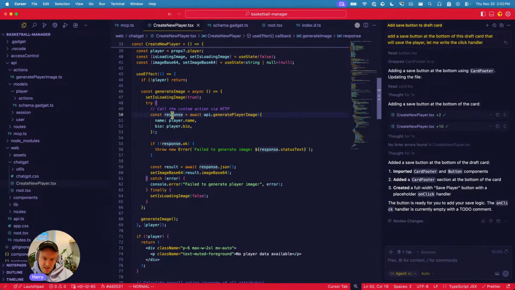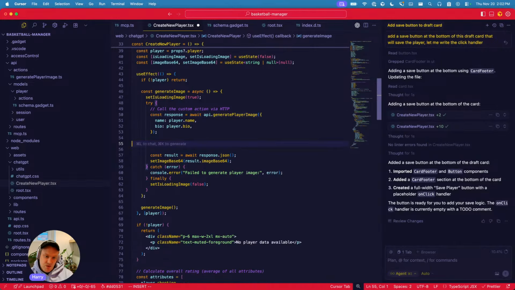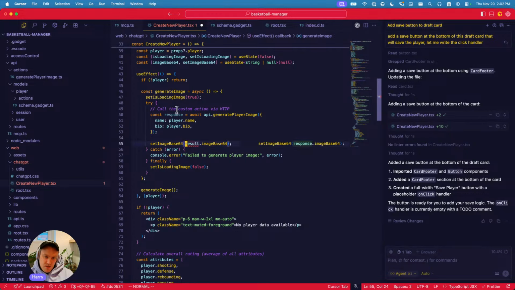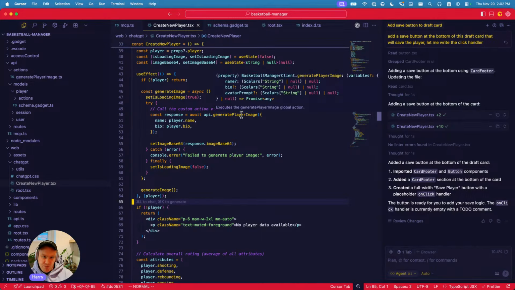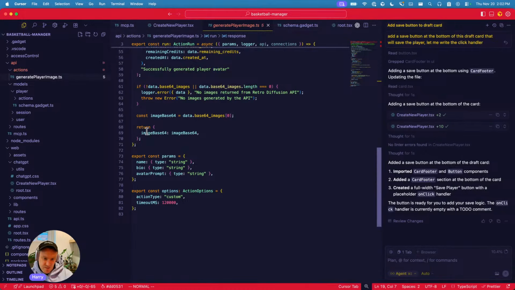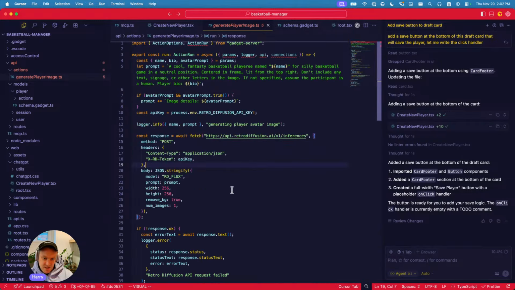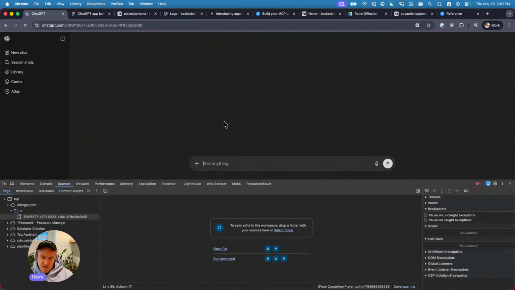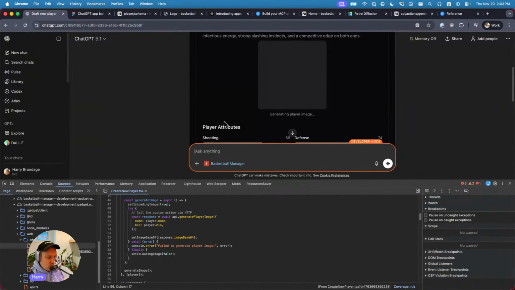This object that comes back is the actual unwrapped thing, as opposed to a fetch call where we have to JSON serialize it or whatever. The full response format from our Gadget action will just be what's handed back to us, right? So at the bottom here, we return image base 64. So on the client, we can just do image base 64. So I think if I refresh once more,